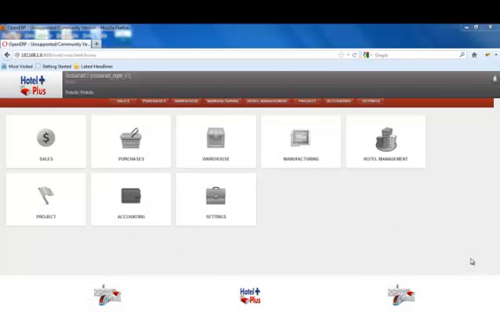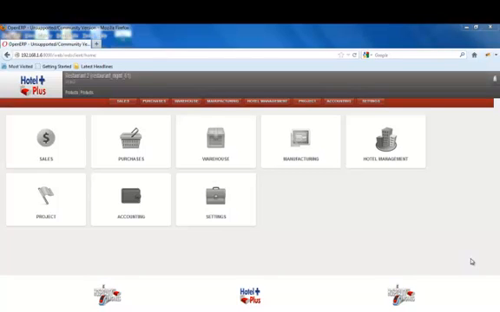Hello, welcome to Hotel Management System. This system addresses the key functionalities of the hospitality industry. It covers hotel room reservation system, restaurant management system, inventory, pickup and drop facility management, laundry management, banquet hall management,